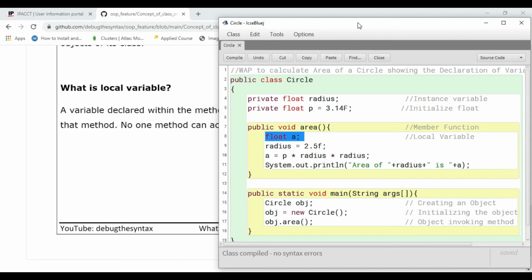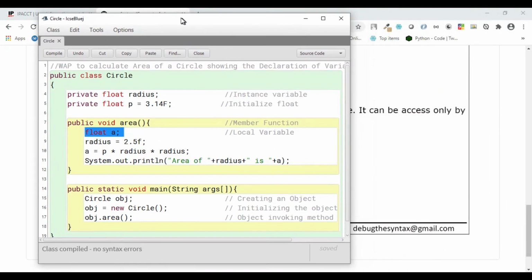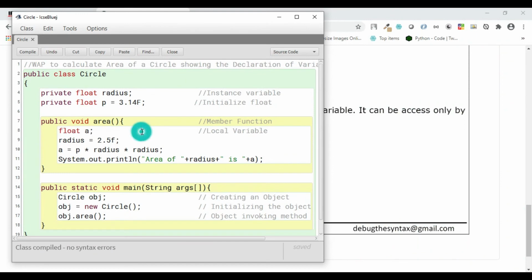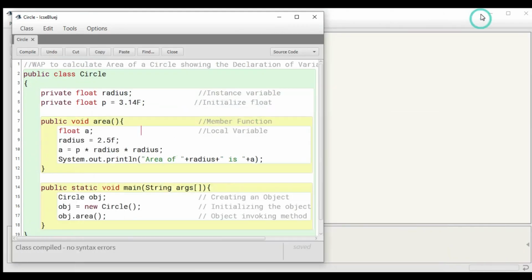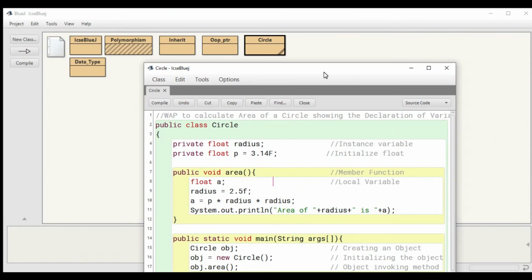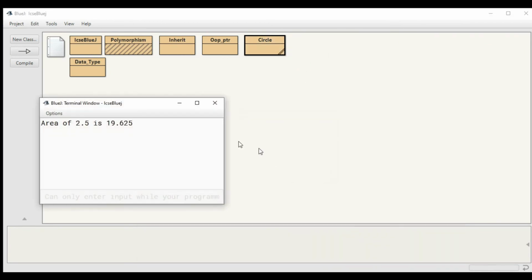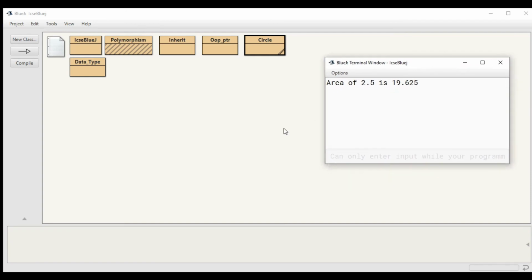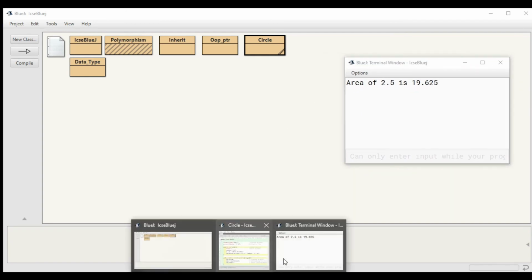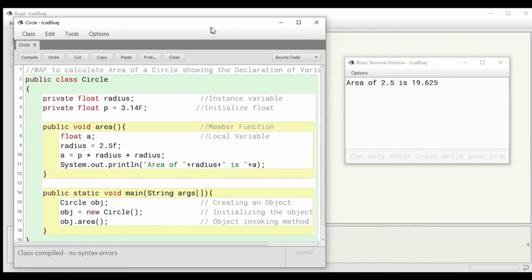Now let's see what this program is doing and how it is working. As I showed you in the execution, when I right click over here, I get the main function. When I click the OK button, we get to see the output over here. Now let me put the output right over here, and at the same time let me bring up the program as well. Let me keep both the things side by side.